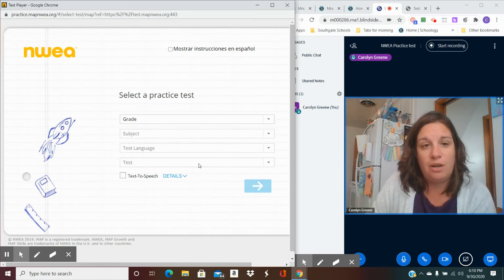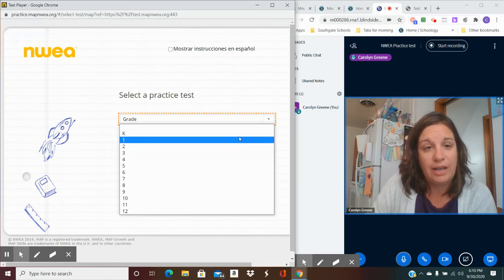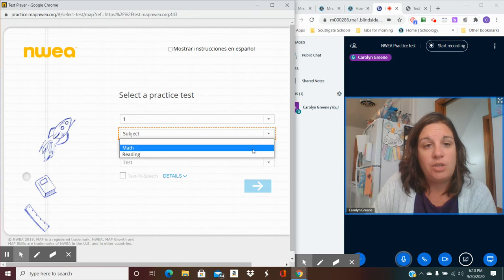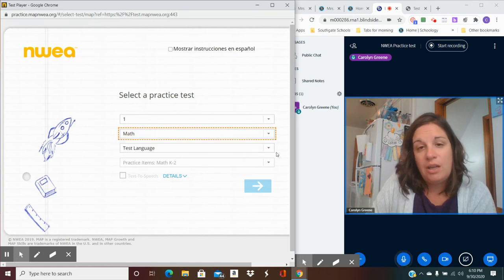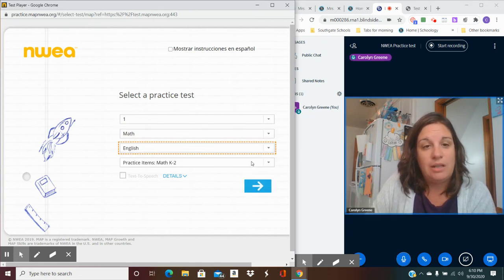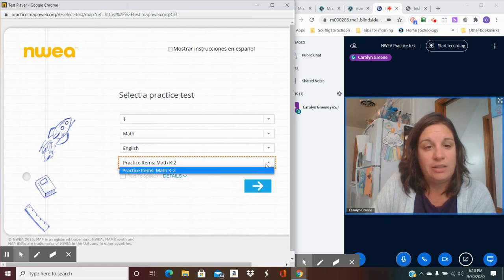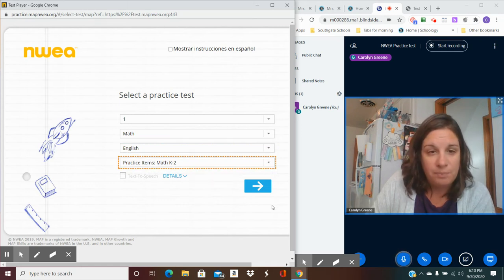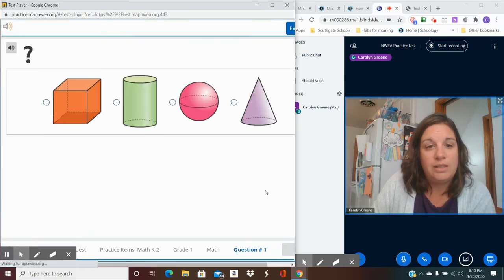Once you have the blue arrow clicked, this will come up. I need you to click on grade 1. Subject, we'll try math first. Test language, we want it in English. And our practice is the K2 test. And you click the blue arrow. Once that's highlighted,